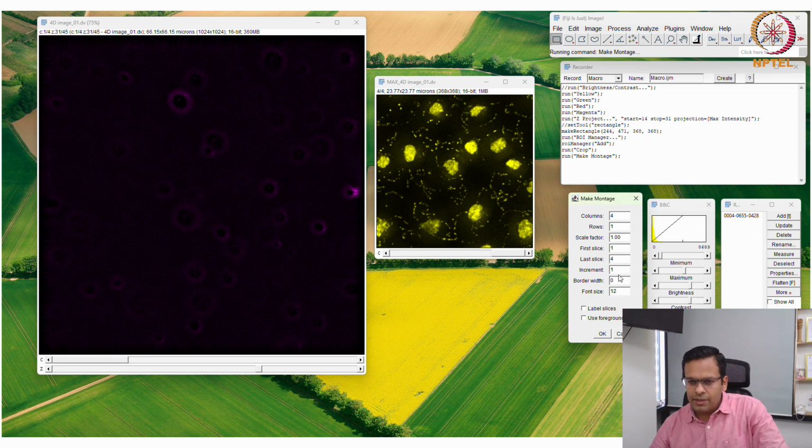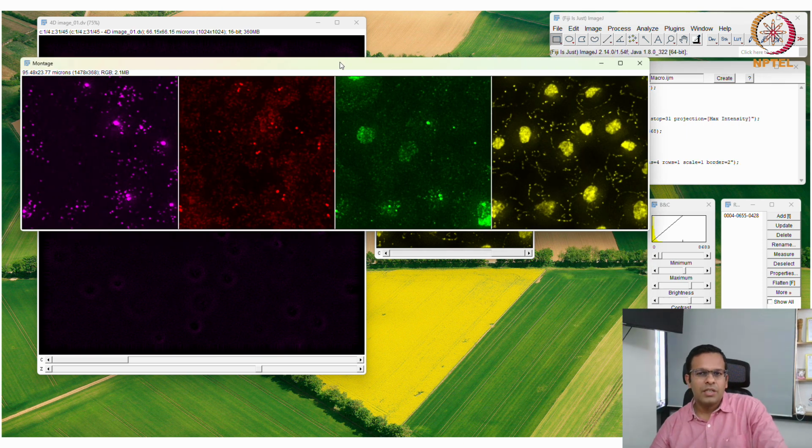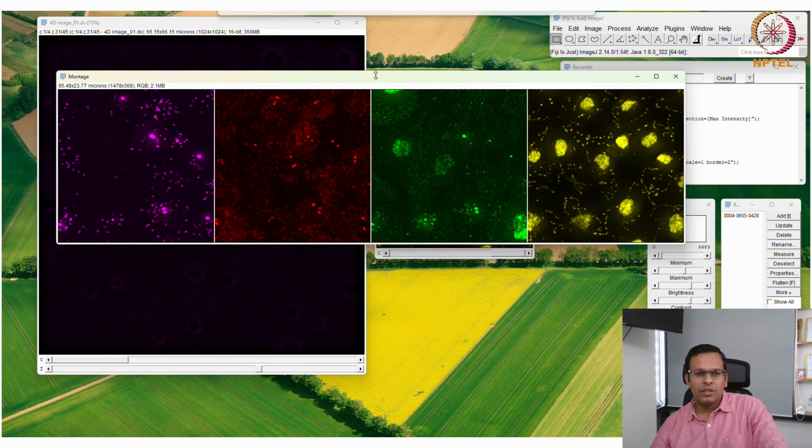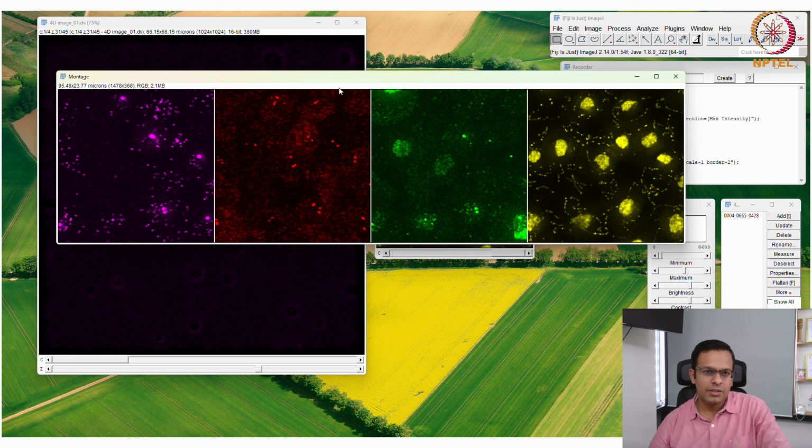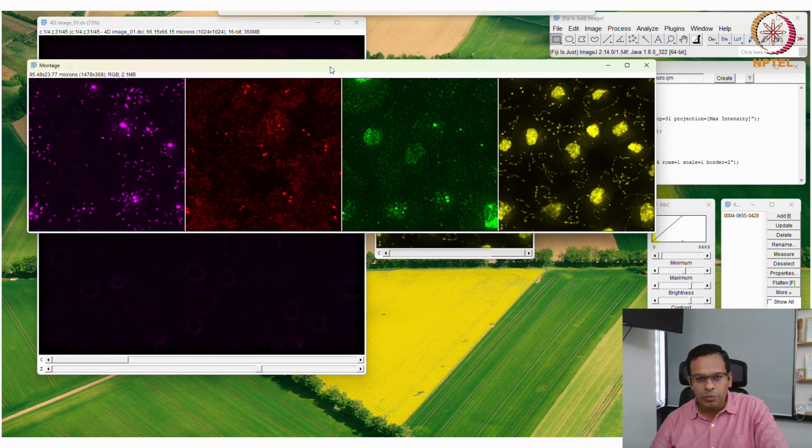First slide, last slide, all these things are okay. Border width to 2, font size to 12, and fine. Let me see the montage. So this is the montage that people generally show in publications, and it looks good to me.